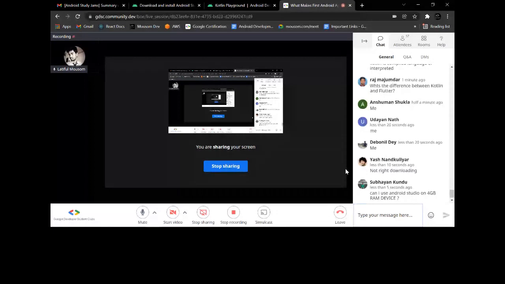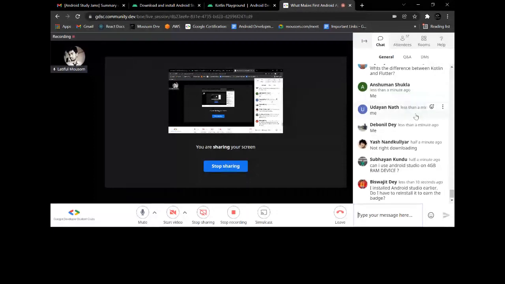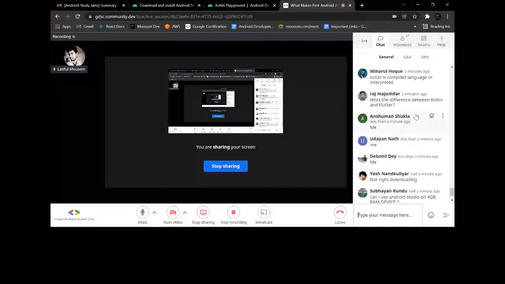Cross-platform application means you write your code once and you can distribute it to all the platforms like iOS and Android. So Flutter is not a programming language, it's a framework, and in that framework we use Dart as the programming language.